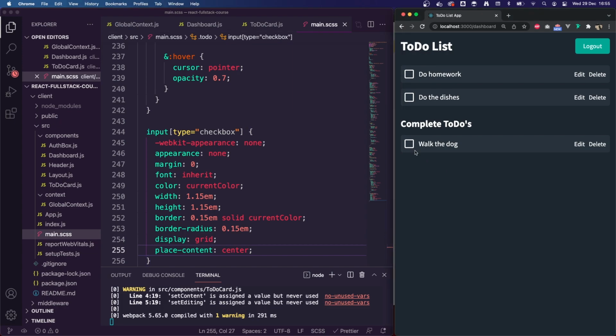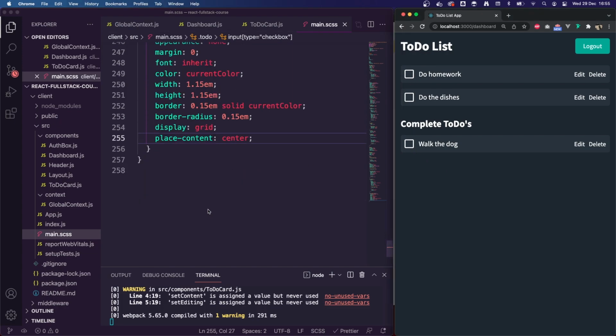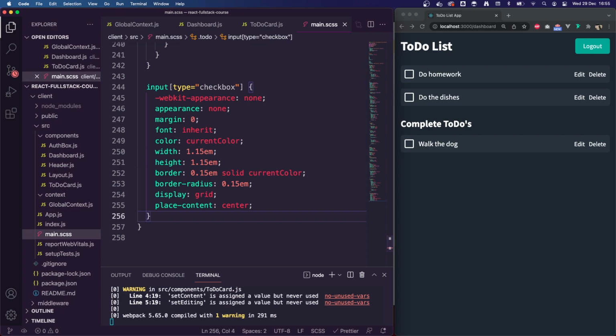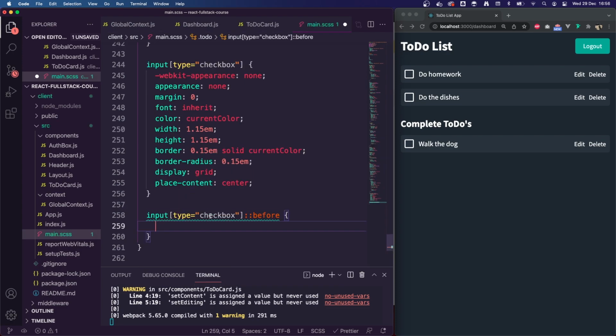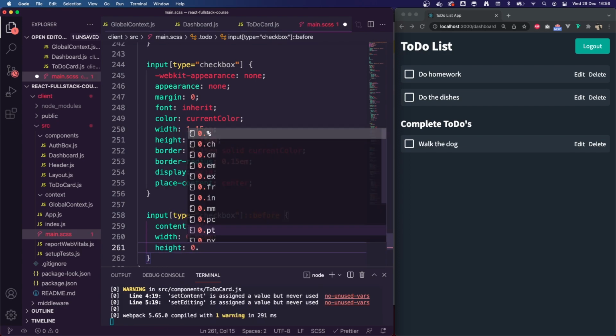So there we've got some nice styling there. We can't check them there. They still haven't got a nice check design to them. So below, input square brackets again, type equals checkbox yet again. We're going to do ::before and then open up our curly brackets. We're going to have content of empty string, width 0.65em, height 0.65em,